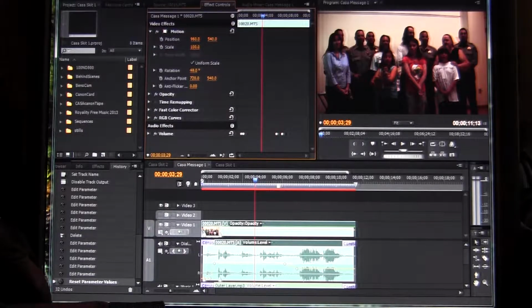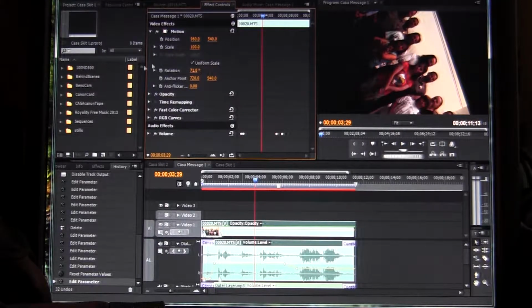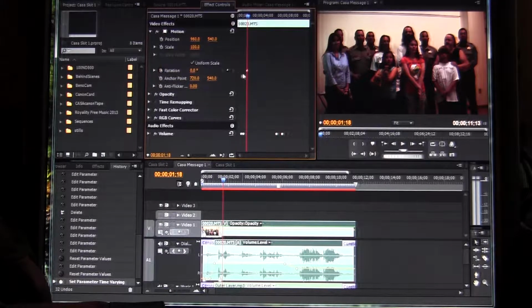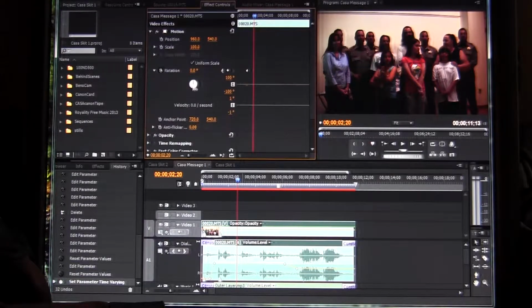you can obviously rotate the stuff too if you need to. That's under motion. And the same thing goes here as it does for down here, this keyframe here. You can add keyframes here. Let's say in the beginning of the video you want the video to be here, the position of it or the rotation of it. So you can, this toggle animation right here, you click that and it adds a keyframe there. And you click up here and now you can add, let's say the rotation, you want the rotation to change a little bit, so you